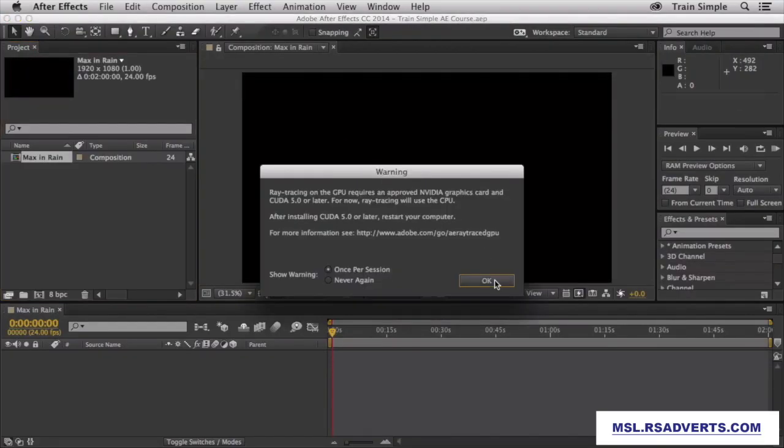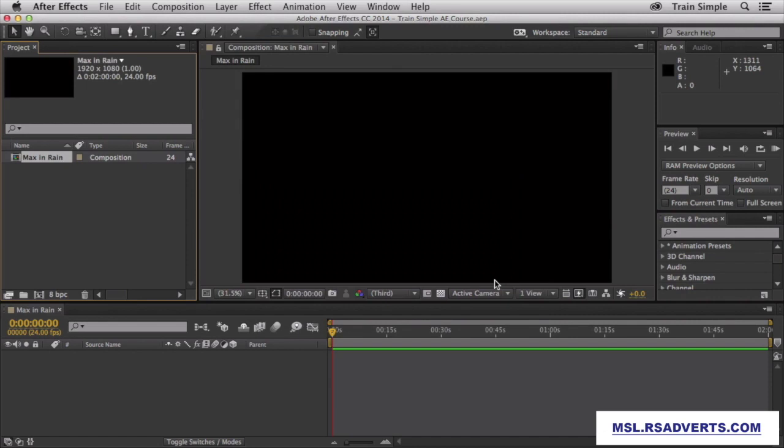And there we go. We now have our project back up and running. Now there's nothing on it, but we were able to save the project itself. And that is all there is to it when it comes to saving and opening up your project files in